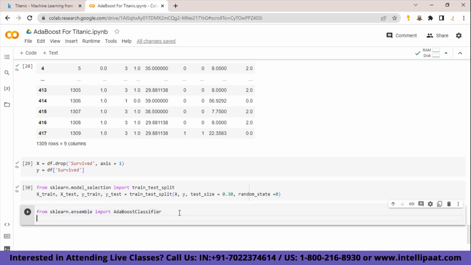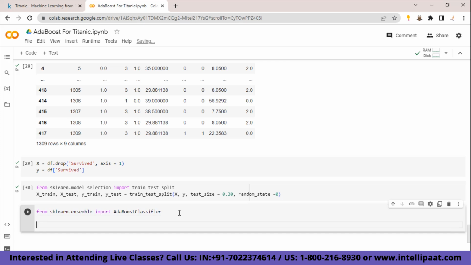Next, we'll instantiate the AdaBoost classifier function. So AB is equal to AdaBoostClassifier,